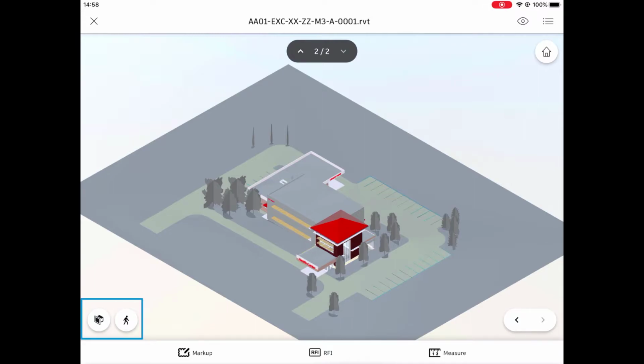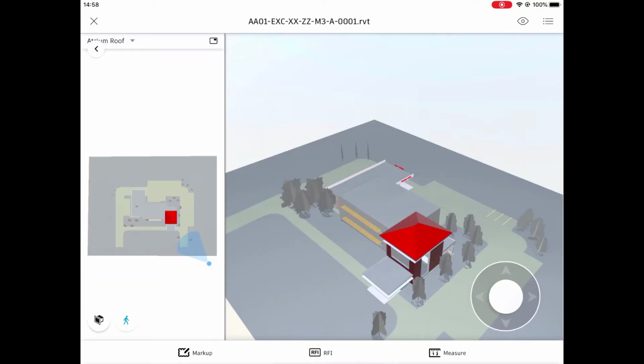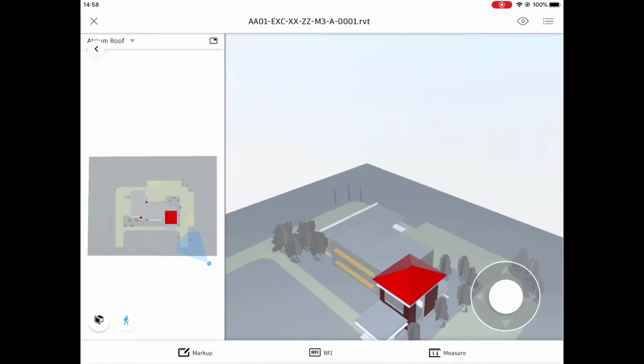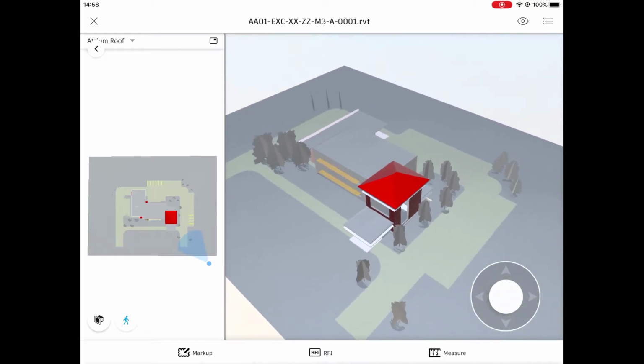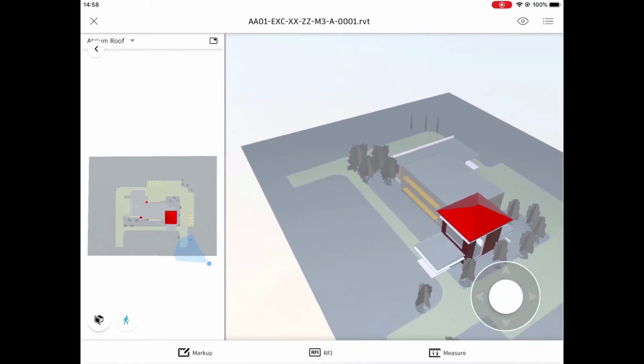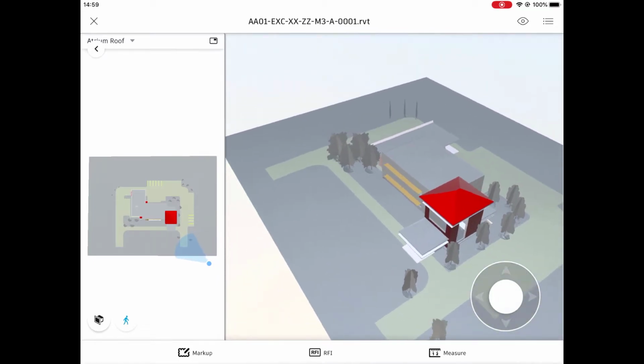First of all, we're going to look at the first person mode. By selecting this control, we can go into first person mode as if we were walking around the physical building model. Once in this mode, we can use the joystick controls on the bottom right of the screen to view and navigate around within first person mode. Simply holding your finger on the joystick controls, we can then orbit and control the view in which we're looking